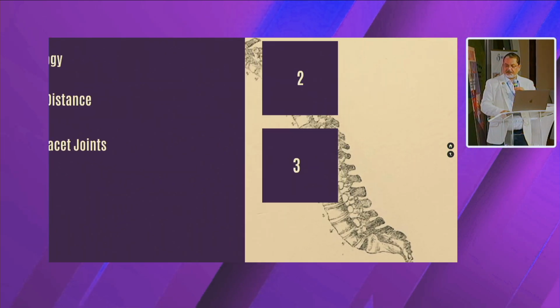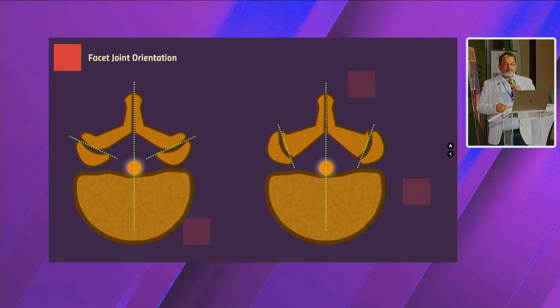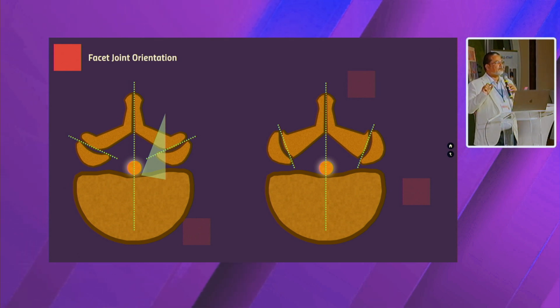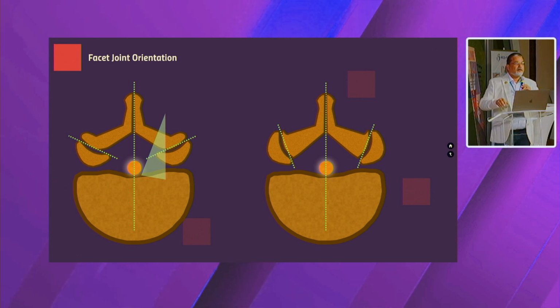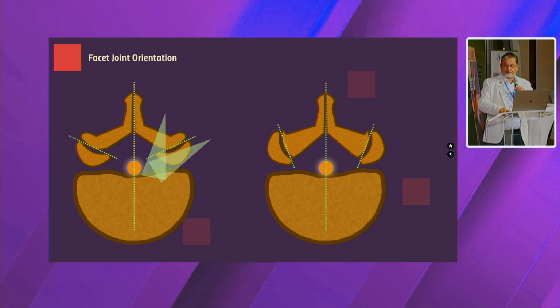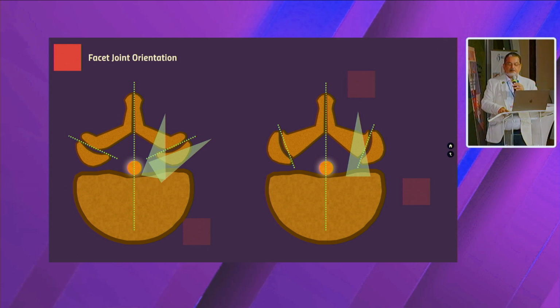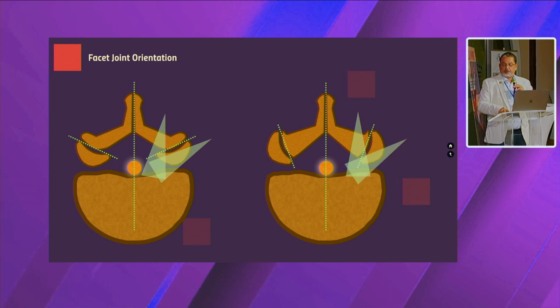The last one is the orientation of the facet joint. You look at the lumbar spine, the horizontally oriented facet joints. It is very easy to perform a surgery with just a little bit of medial resection of the facet joint, which will not cause any iatrogenic instability. But if you try to do it this way, you take off more facet and then there is a problem. Whereas in the upper lumbar spine, look at the destruction of the inferior articular process, that will be too much. So you may have to do this